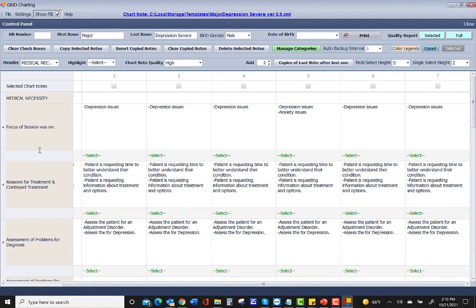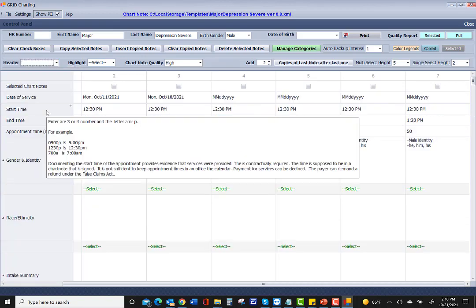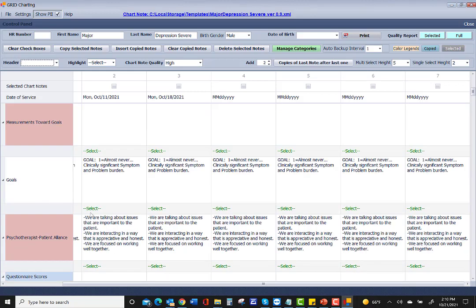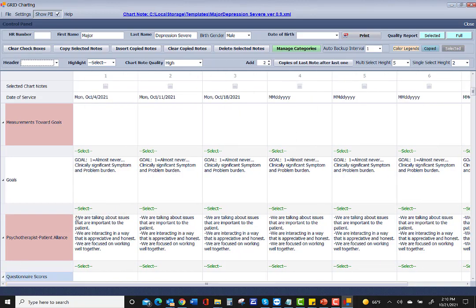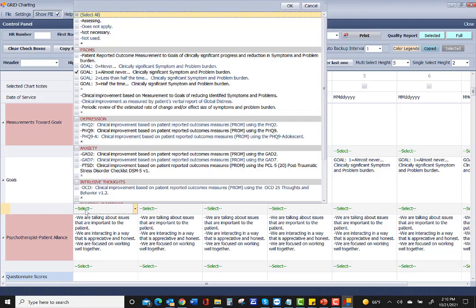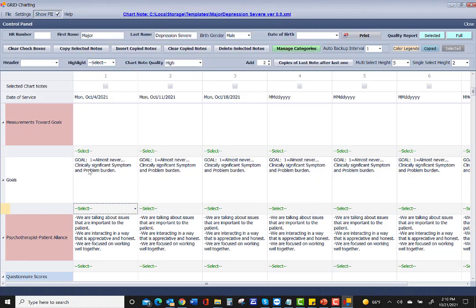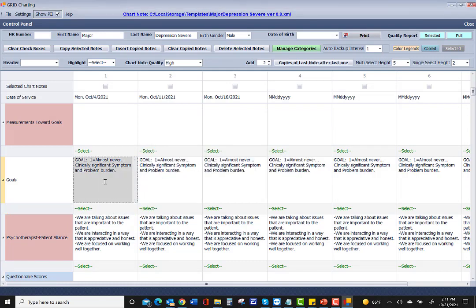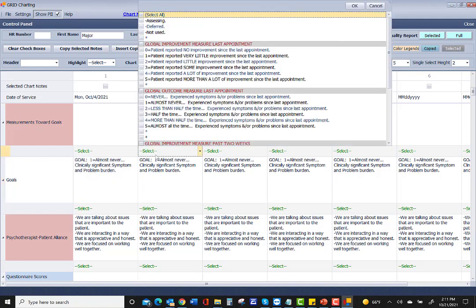You can also do measurement to goals. So let's close this and just go back to a fully open screen. And let's look at measurement towards goals. Let's look at chart note 1. I'm going to get rid of all of those in here. Right, left click, clear all. I'm going to leave that, cancel. It worked. Okay, so let's go